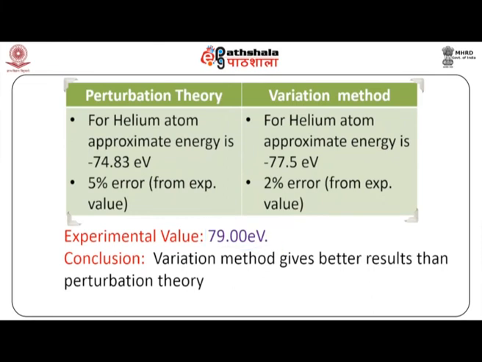However, the bottom line of this discussion over efficiency of results obtained using perturbation theory and variation method is that the variation method is a robust technique in situations where it is hard to determine a good unperturbed Hamiltonian, while in cases where there is a good unperturbed Hamiltonian, perturbation theory can be more efficient than variation method.